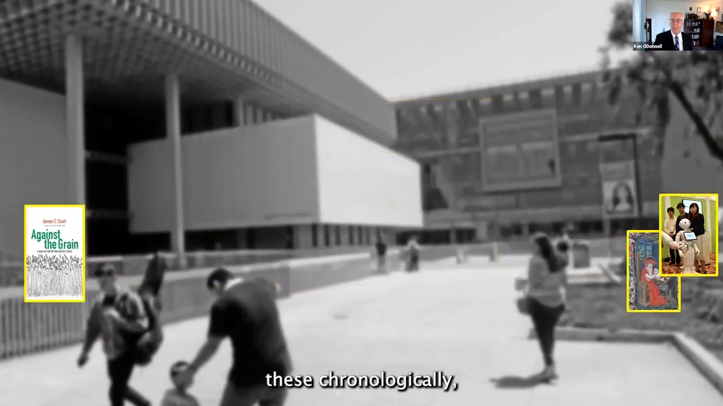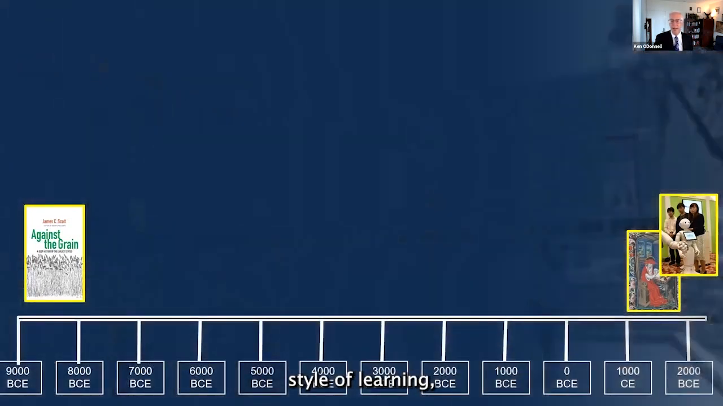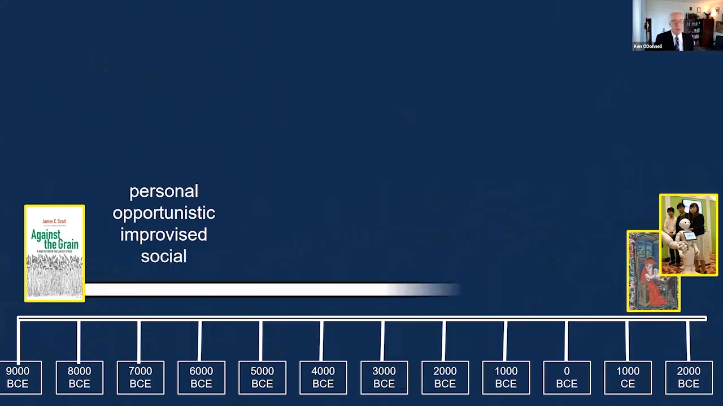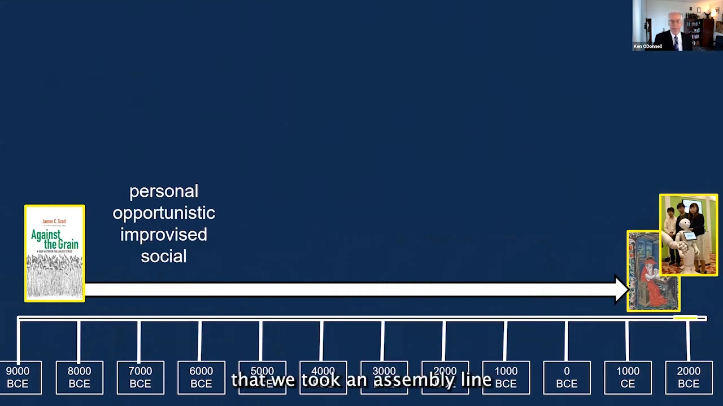And if you arrange these chronologically, you see that that style of learning, that messy, unscripted style of learning, has been the case for us as a species for almost all of our history, where learning was personal, opportunistic, improvised, and above all, social. And it's only when you get to the very, very recent history of that arc that we took an assembly line or factory model to learning